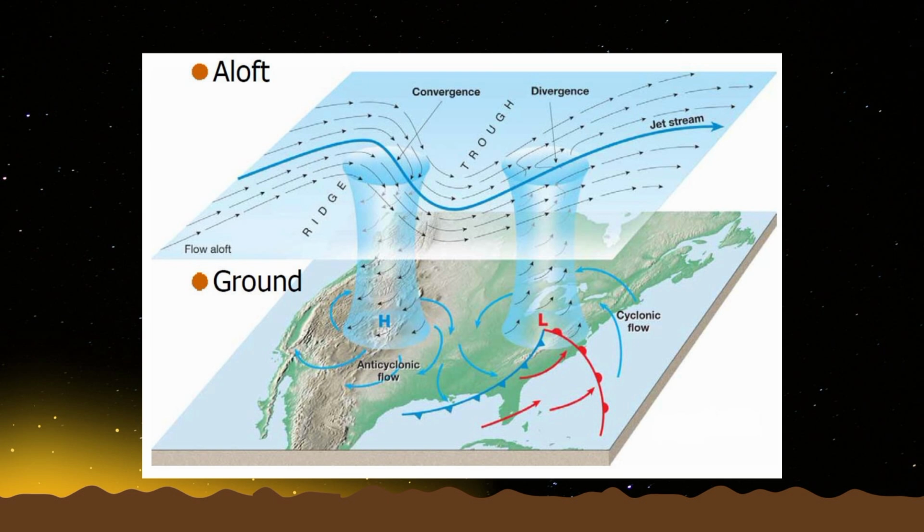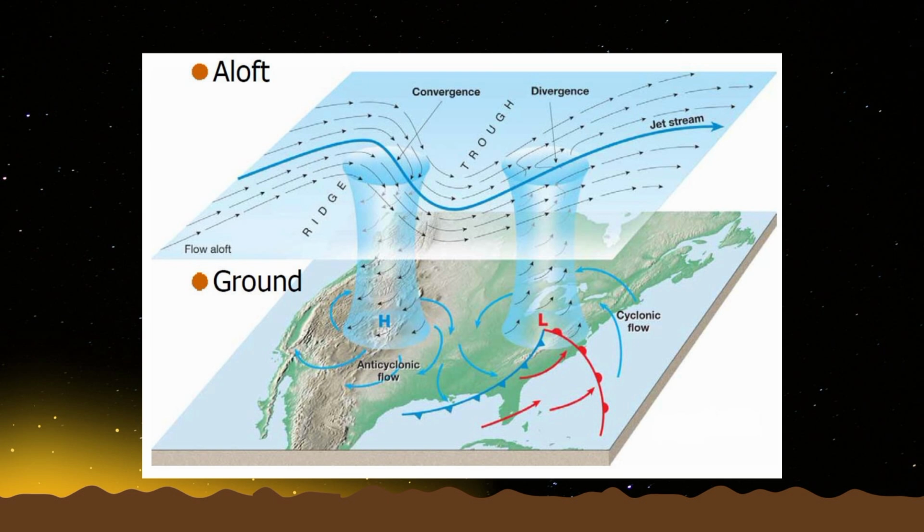Next, let's talk about the image that is presented. We have images, di ba, that are labeled ground and aloft. Ground is considered the surface level chart, and then the aloft is the upper level. Aloft is also another term to indicate upper level charts or the upper level of the atmosphere. As we can see in the surface level charts, we can clearly see the letters H and L, which indicate the high pressure for H and the low pressure for L. We also have the anticyclonic flow and the cyclonic flow.